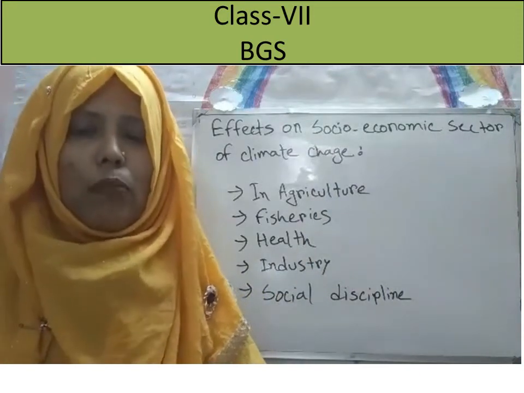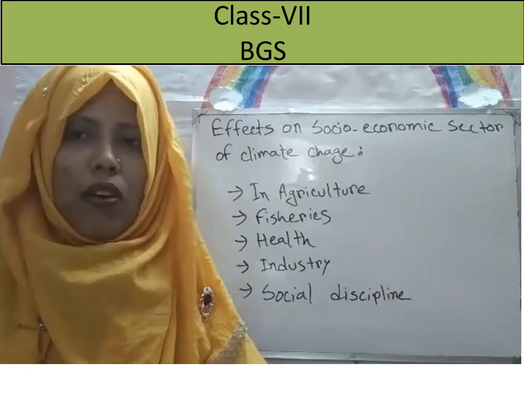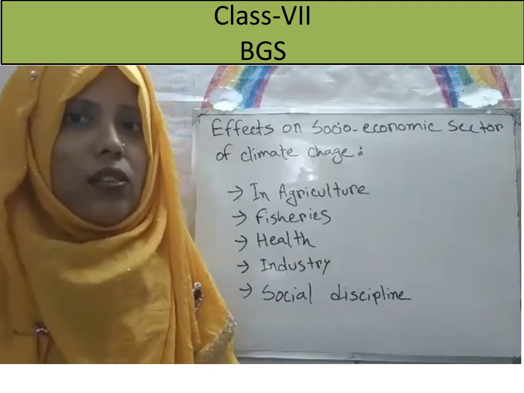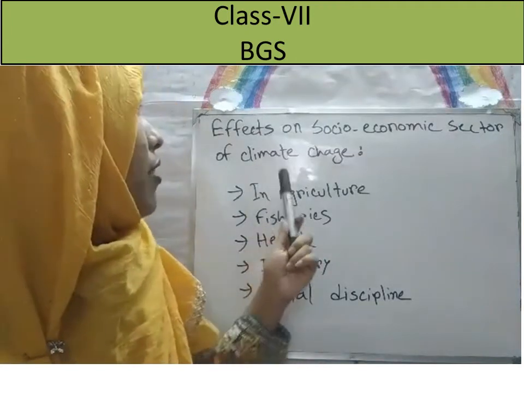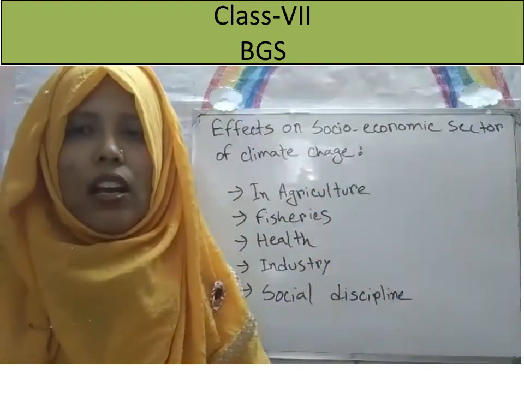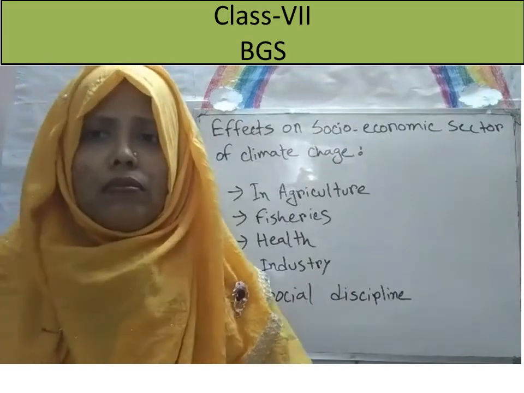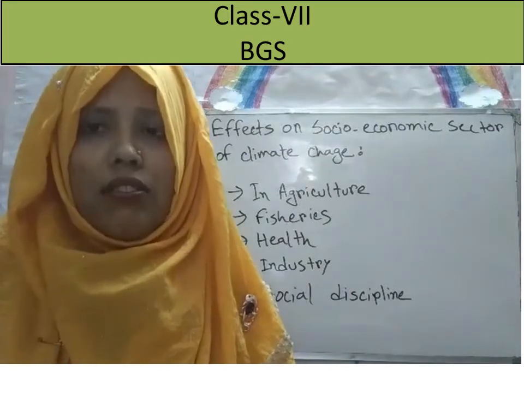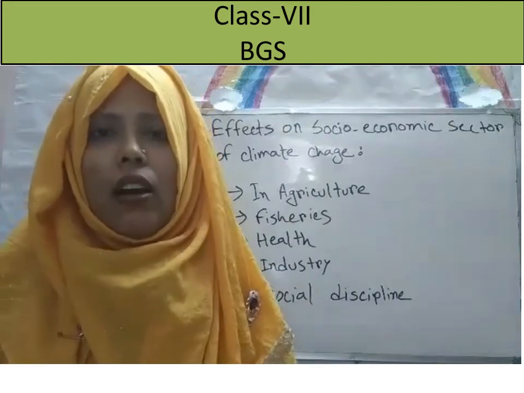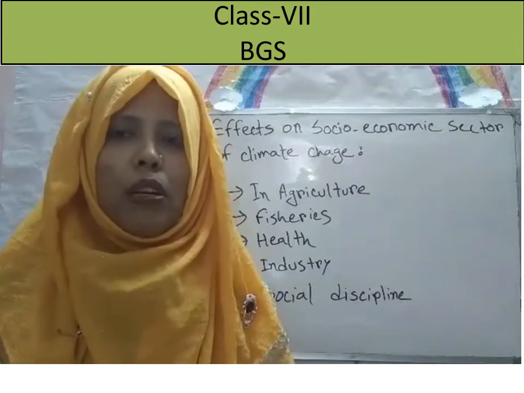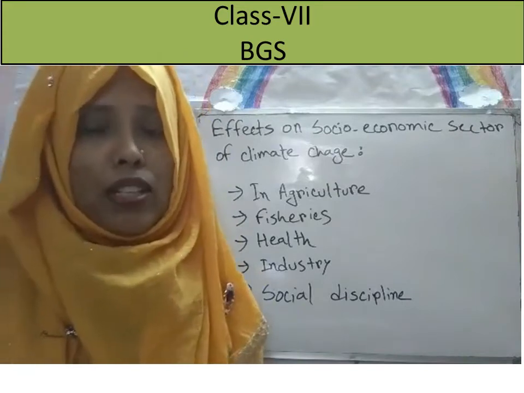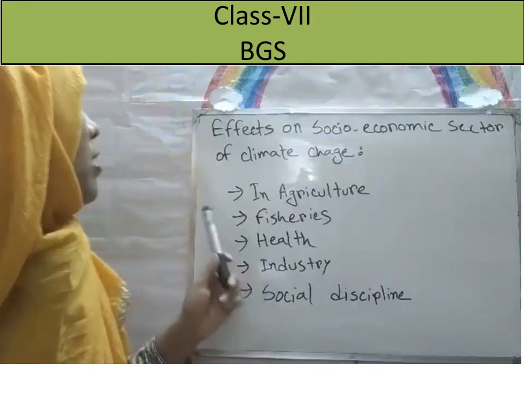Here our general people, our houses, our offices, our factories, and the social institutions are included, and we look at what the effects are on our society and on our economic sector. Economic sector means the sectors related to monetary value, like banks, insurance, industries, and export-import. These types of institutions are our economic sectors. So what are the effects on these sectors?